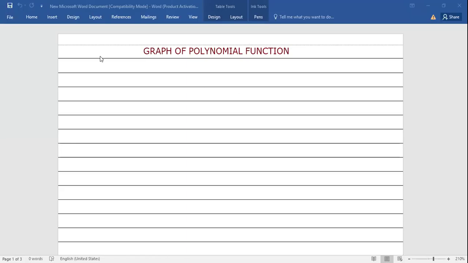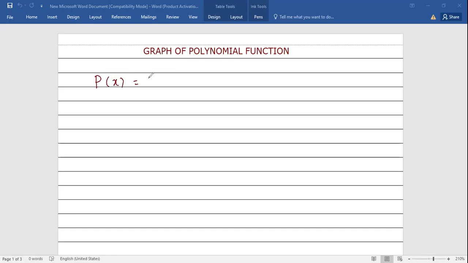Okay, so today we will see how to draw the graph of a polynomial function. And we know that a polynomial function may have any degree. Degree means the maximum power of the variable in its terms. So let's say we have been given one polynomial function like this,